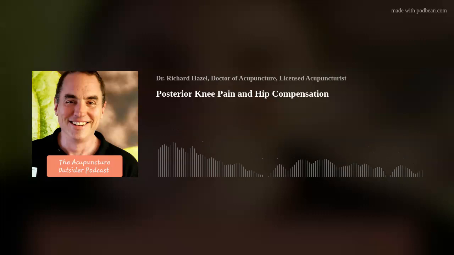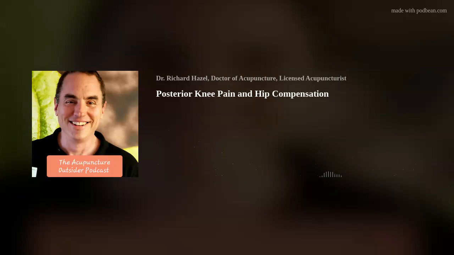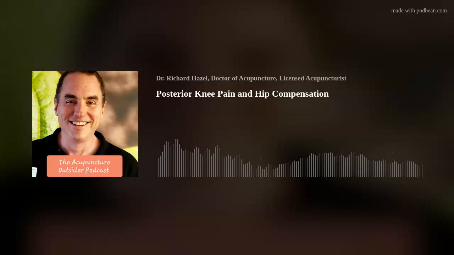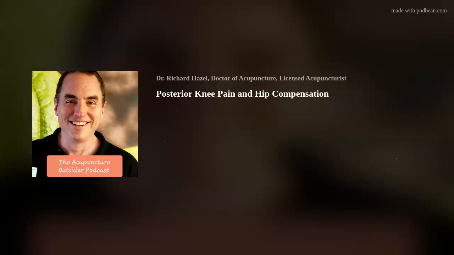And I think that's a compensation for the internal rotation from the knee. I think all of this started post-surgically, and he did his rehab and everything, and he was pain-free for years. But as age and exercise built up, he hit the tipping point where he's starting to have pain.